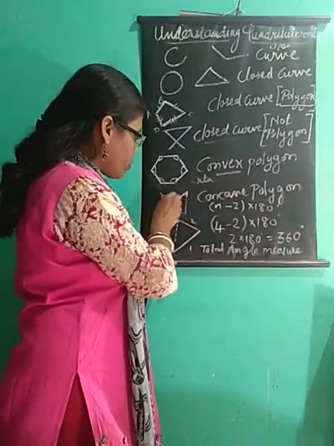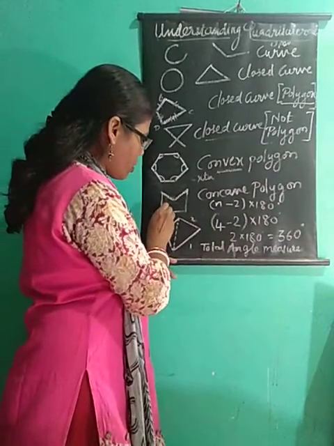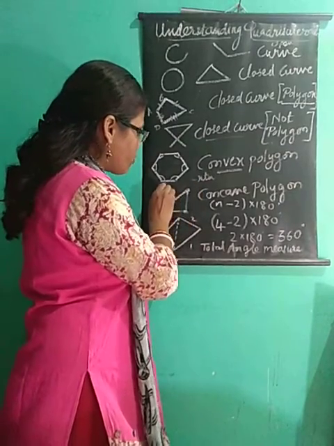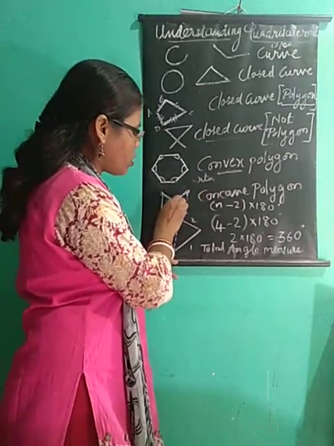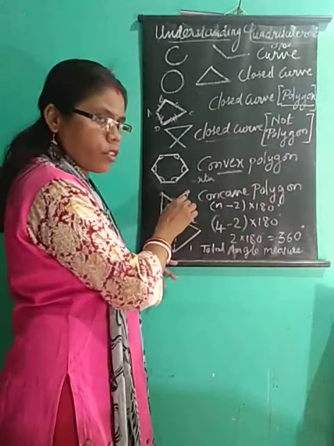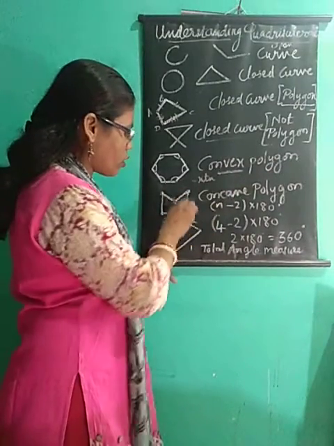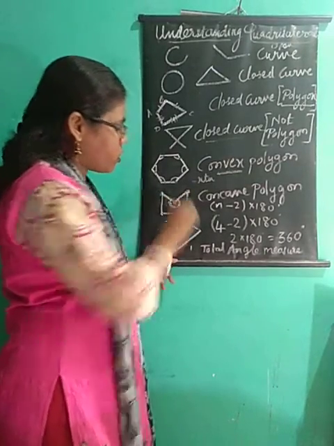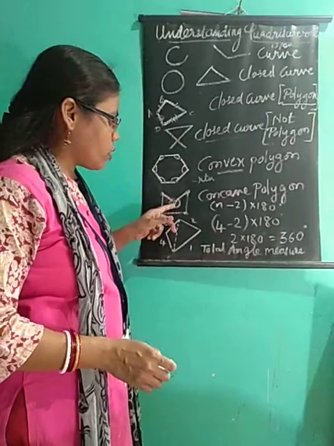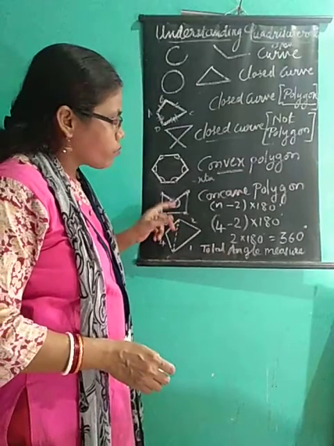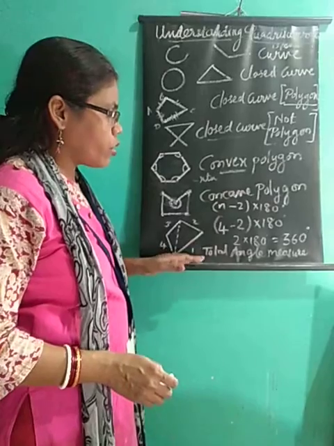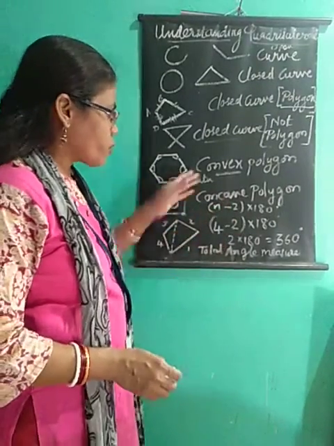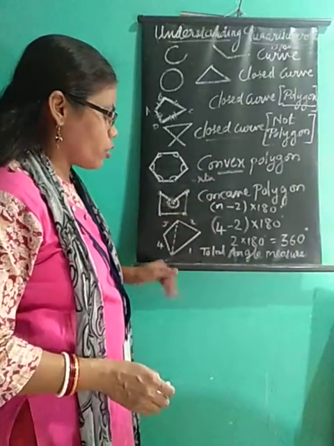Now you can see here, this is a vertex which is outside of the figure. This is also outside the figure. This is also outside the figure. This is outside, but here this one is inside the figure. It is not outside the figure. And also another thing you can understand, here you can see the angle is more than 180 degrees. It is a reflex angle. It is not less than 180 degrees. This angle you can see is more than 180 degrees. Now if there is any such angle in the polygon, then it is a concave polygon. Got it? So thus you can identify this is a convex polygon, this is a concave polygon.